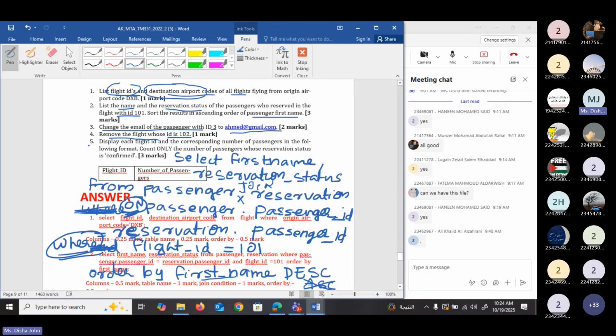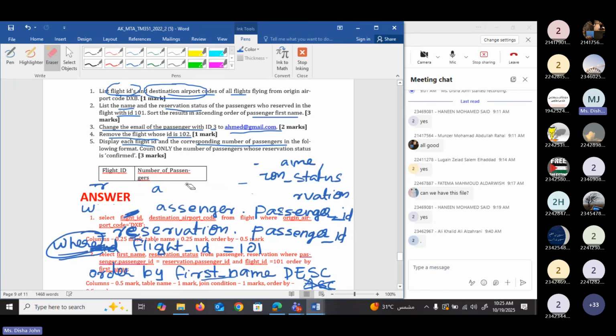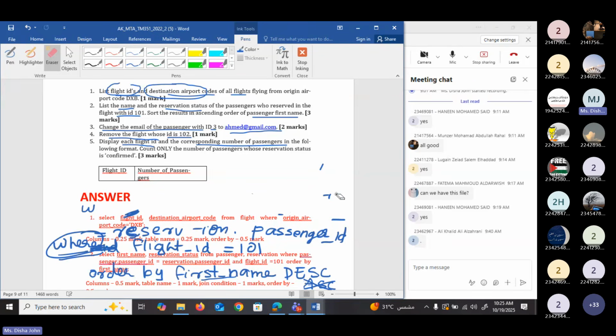Okay. Now we have one more question. Display each flight ID and the corresponding number of passengers in the following format. Just let me make it clear. Here what we need to print, as you can see, is a table format.